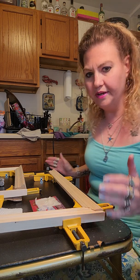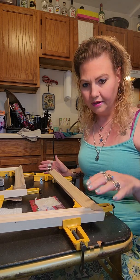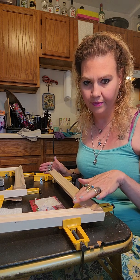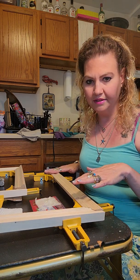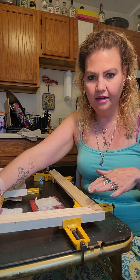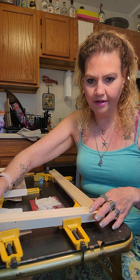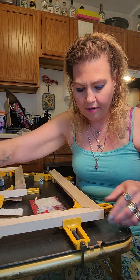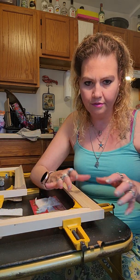I've got my corner clamps all set up here. I've got the piece set in the clamp here that I'm going to put together, and then I'm balancing the one end on a set of other clamps here so it doesn't move around. And what you want to do is start with one corner,